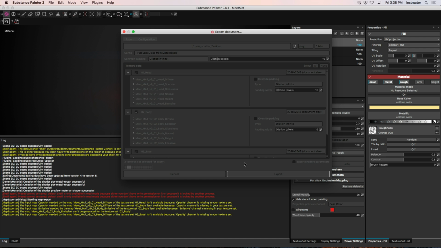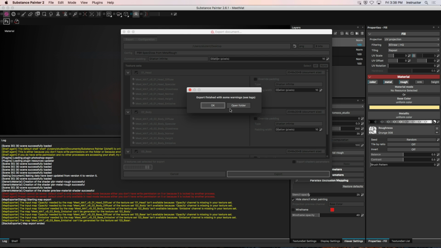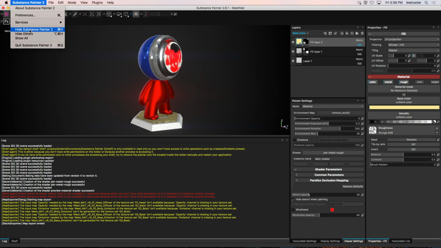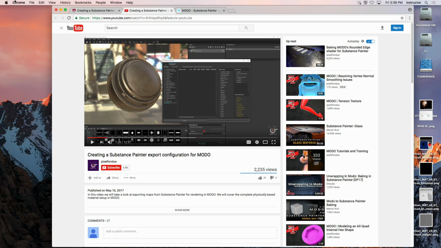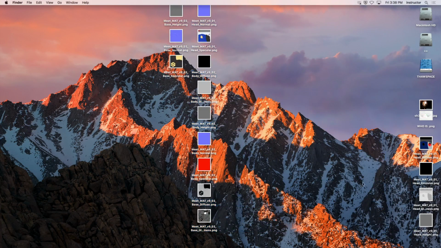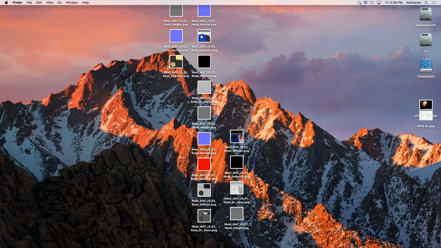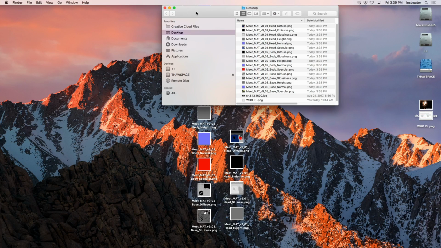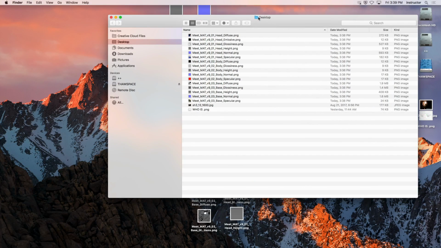Here it goes. It's taking over. See? That's pretty fast. I'm going to hide Substance Painter, and then on my desktop, because I was sloppy, are a whole bunch of image maps. So these are all the image maps that were just created. Okay? That's pretty cool. So let's open this up in just a Finder window so we can see how they